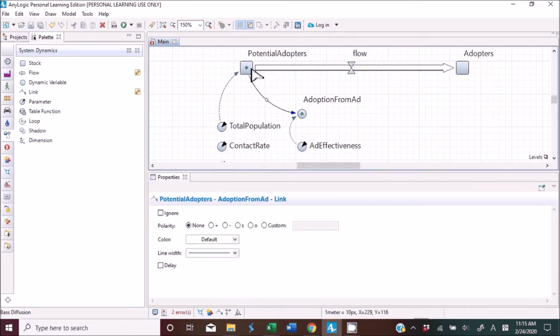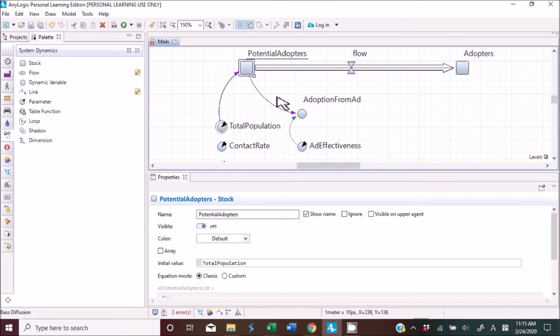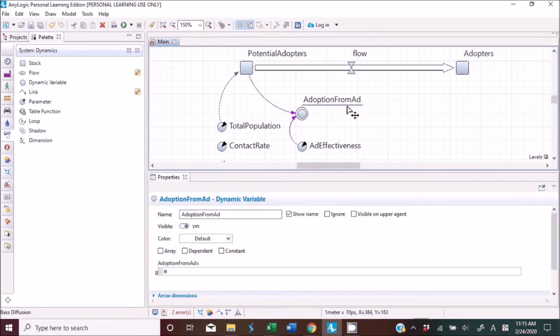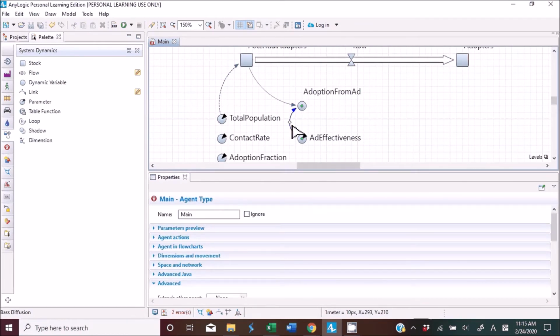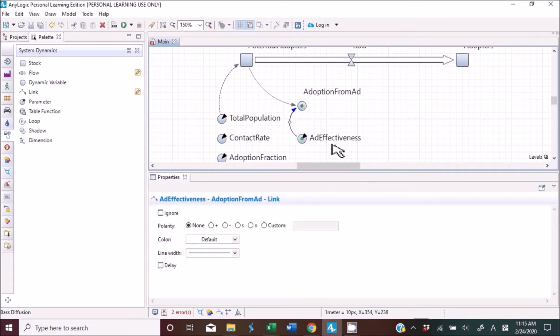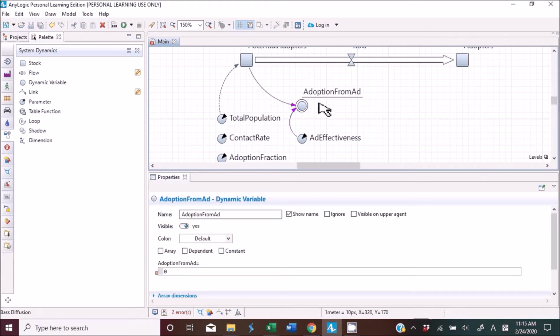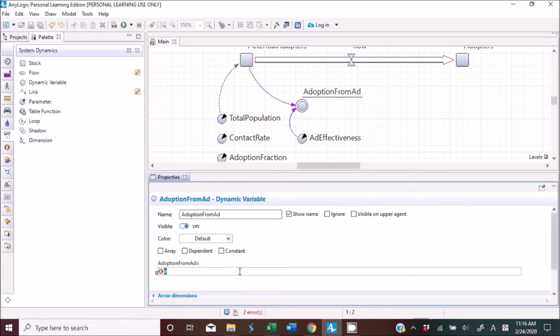Let's make a connection between the potential adapters and adoption from add, and make a next connection from the add effectiveness to this adoption from add, so that if you click adoption from add, you can actually write down the equation formula like this: